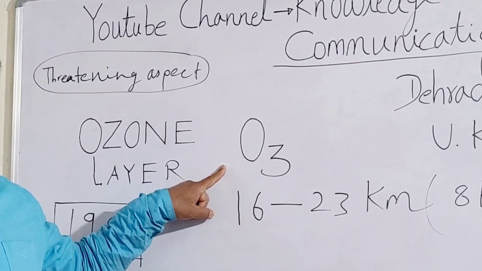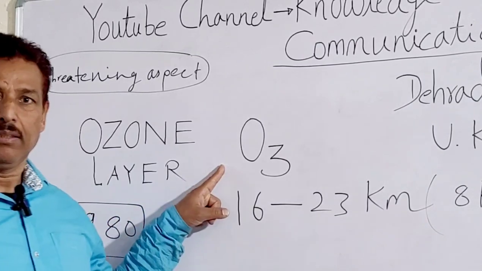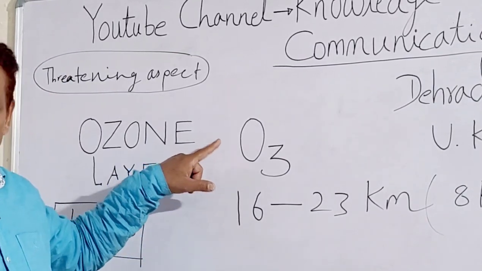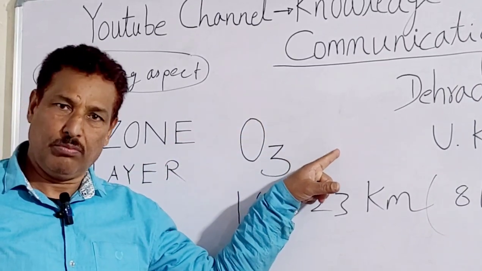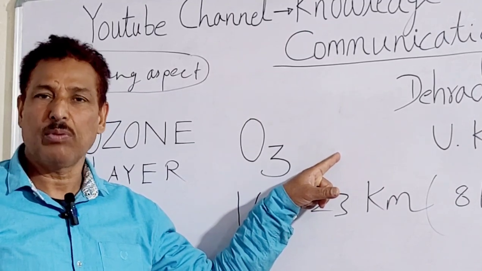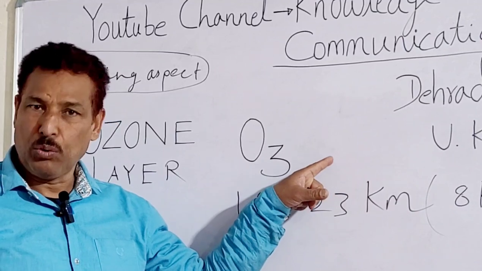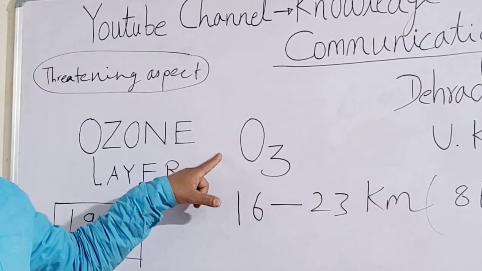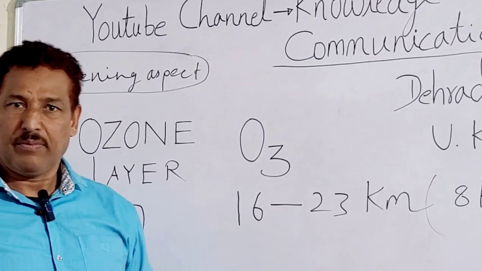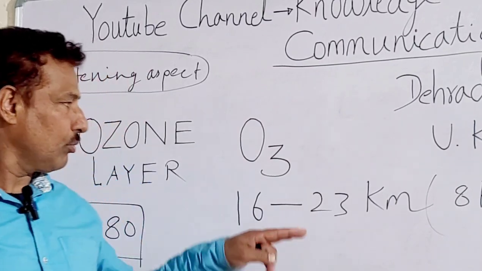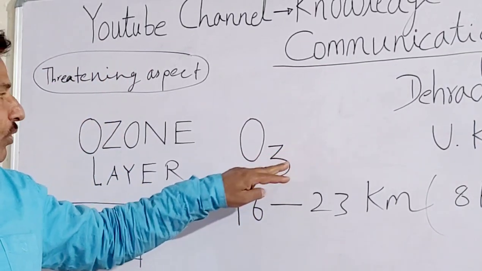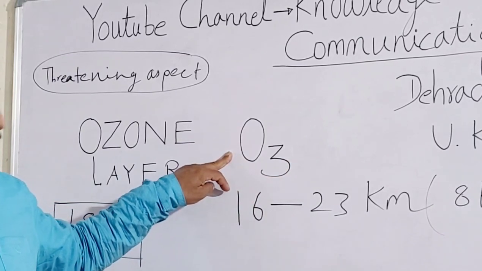biodiversity our planet contains. Actually, the ozone layer, before we move on to the greenhouse effect and global warming, it is very necessary to have a close look at the ozone layer. So the ozone layer is, as I told you, the combination of oxygen and one more atom of O. Three oxygen atoms combine to give one ozone molecule. This is the molecule. Okay.